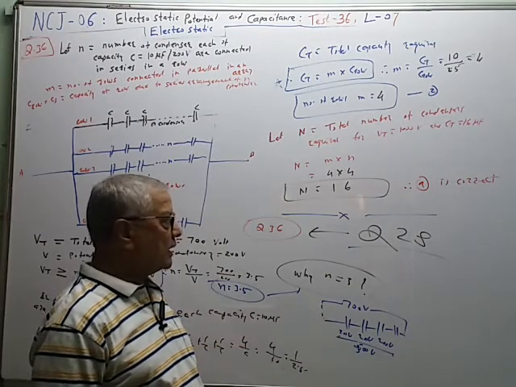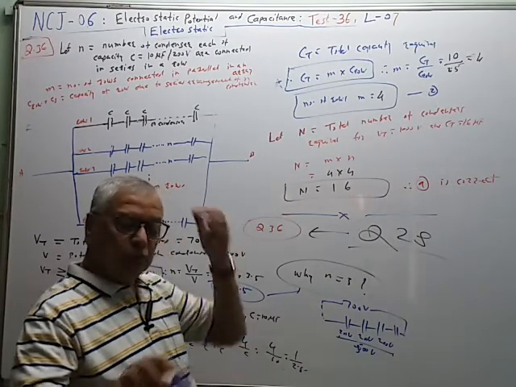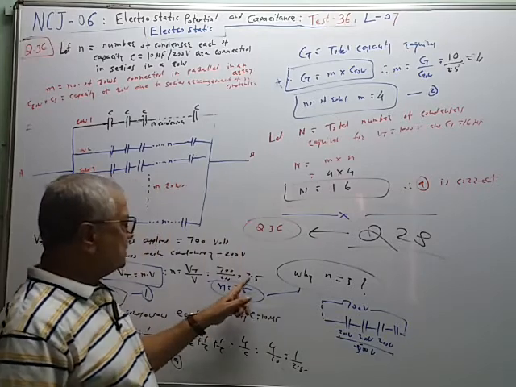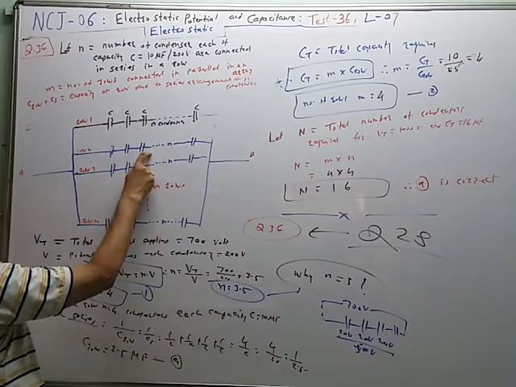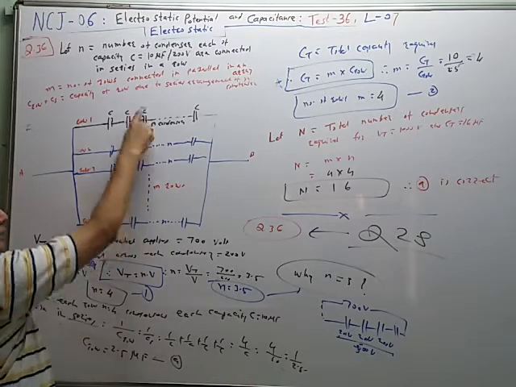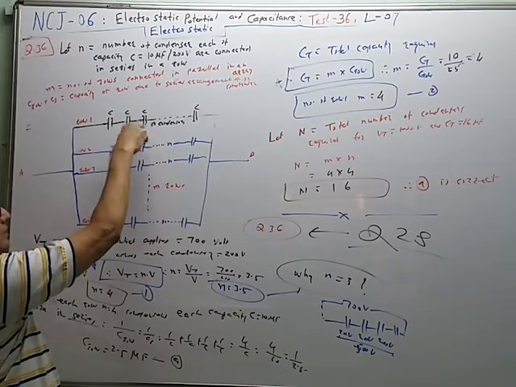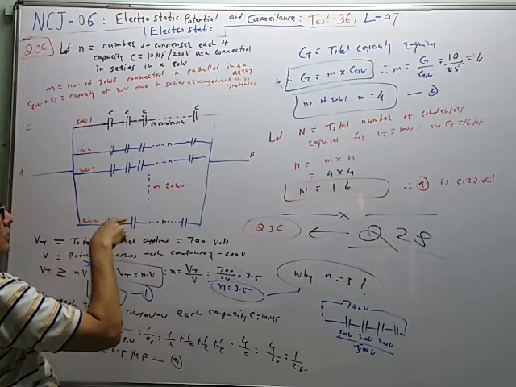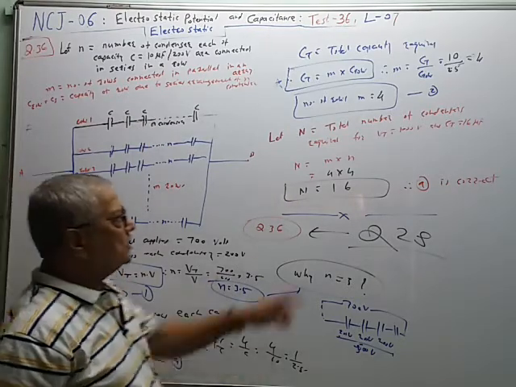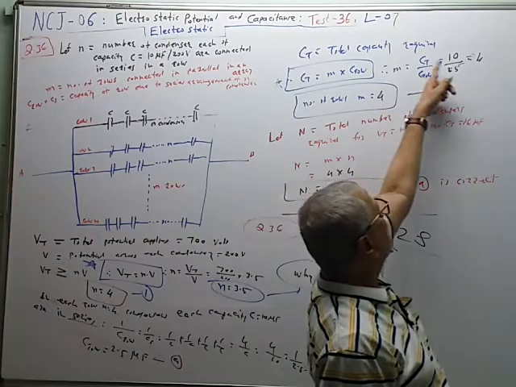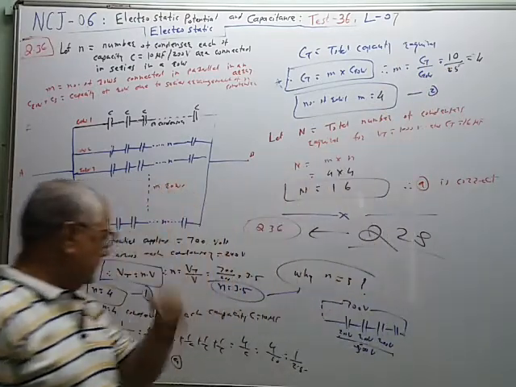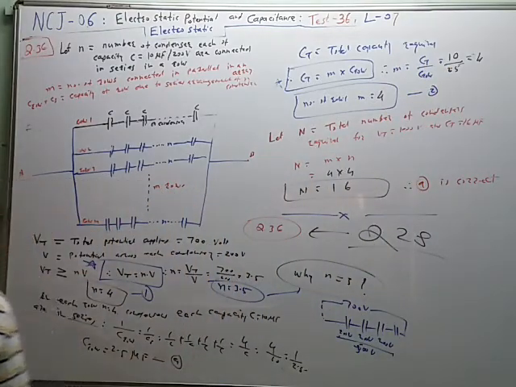And therefore the arrangement is like this. So each row has capacity 2.5. So 2.5 plus 2.5 plus 2.5 plus 2.5. There are 4 rows. So in parallel we add the condensers. So 2.5 multiplied by 4. So the required capacity is equal to 10 microfarad. Like this, we get 10 microfarad capacity, and also we get the voltage 700 volt can be applied with